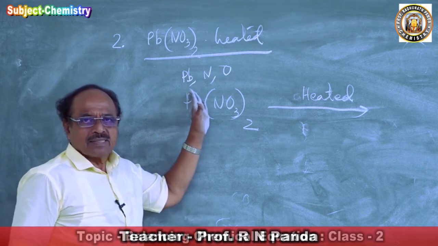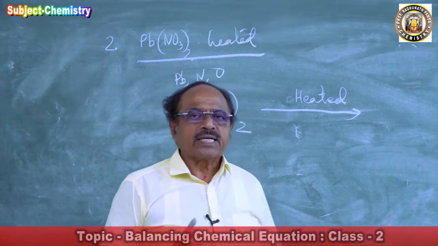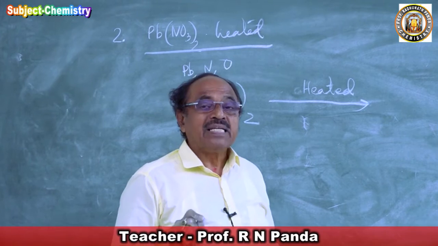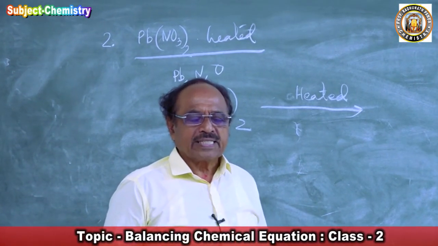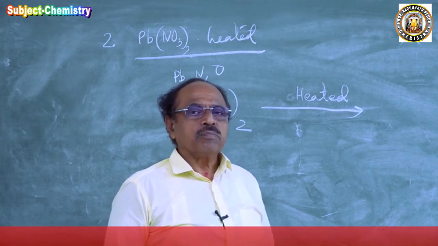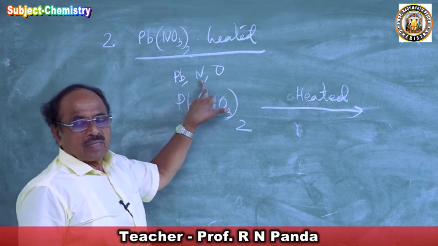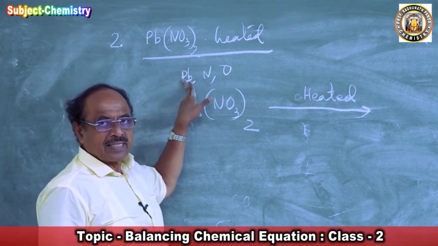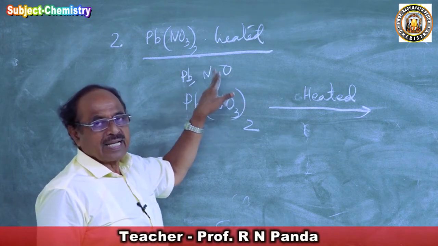Lead is a metal, electropositive. If you go to group 4A of the modern periodic table: carbon, silicon, germanium, tin, lead, the heaviest metal. What is the heaviest metal in the periodic table? Lead is the heaviest metal and is highly electropositive. Nitrogen is in group 5, lead is in group 4, so nitrogen is more negative than lead. Oxygen is in group 6, so oxygen is more negative than nitrogen.